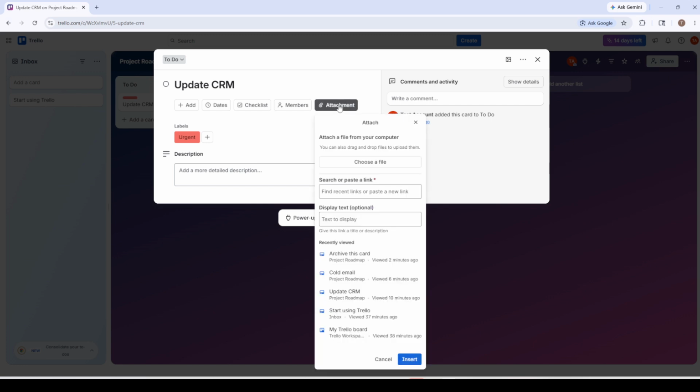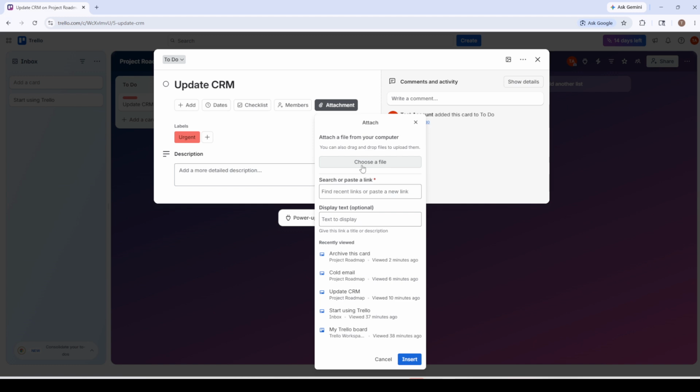Now, choose your source. If you want to upload a file from your computer, select Computer or attach a file from your device. Your file browser will open so you can navigate to the right folder and pick the file you need. Common formats like PDFs, images, spreadsheets, and presentations work well. For smoother collaboration, keep file names clear and concise, and avoid overly large files when possible to make loading and